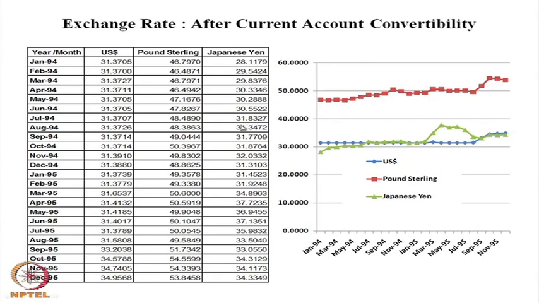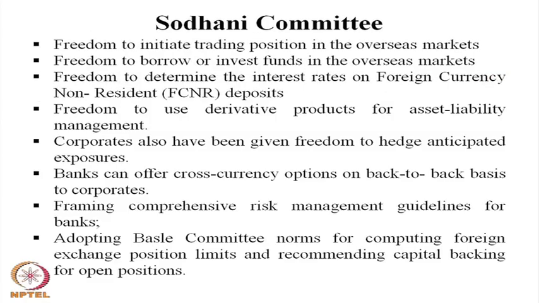Current account convertibility provides some kind of market-determined exchange rate for the rupee. And after 94-95, after the current account convertibility, the Government of India established 3 different committees. The first was the Sodhani committee, very important for the foreign exchange market. The Sodhani committee identified different areas for a more market-determined exchange rate, and how to develop